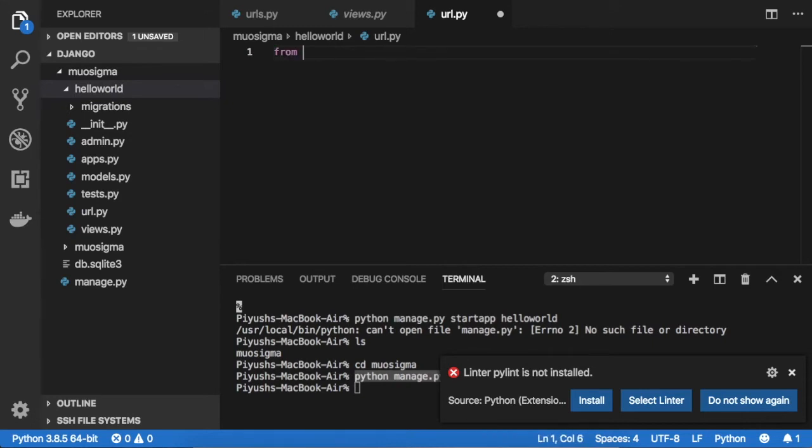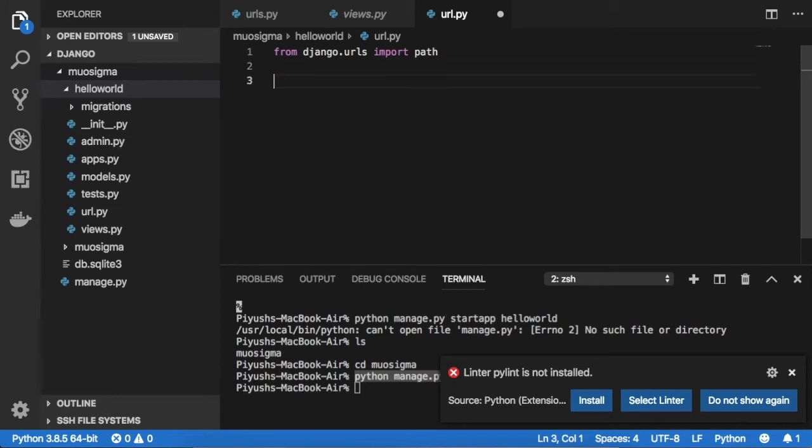So from django.urls import path. So in React.js or in React Native you usually write it like this, import something from the package name, right? But here in this Python framework Django, we need to follow it like this.